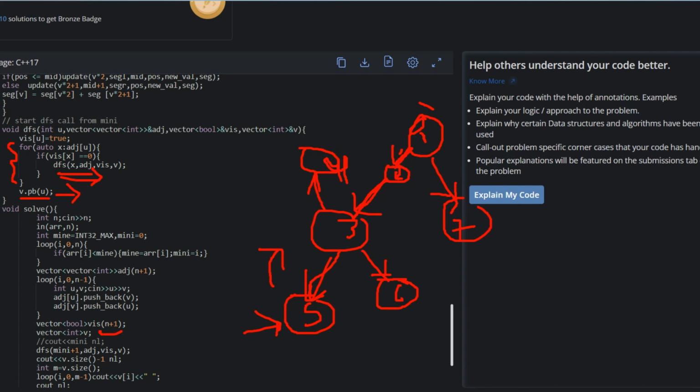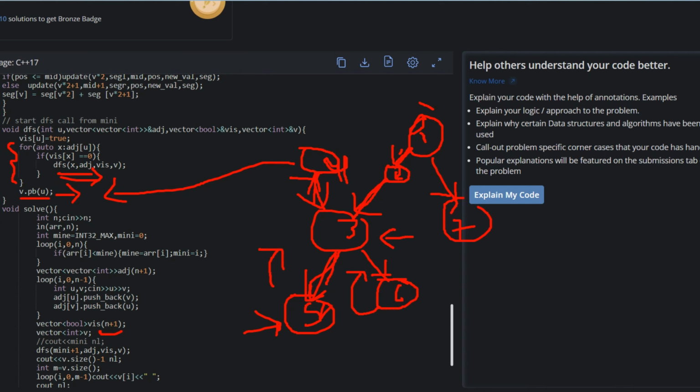So first 5 would come in this, then 4 will be removed and put inside this vector v, then 6 will be removed, and it will be put inside vector v,